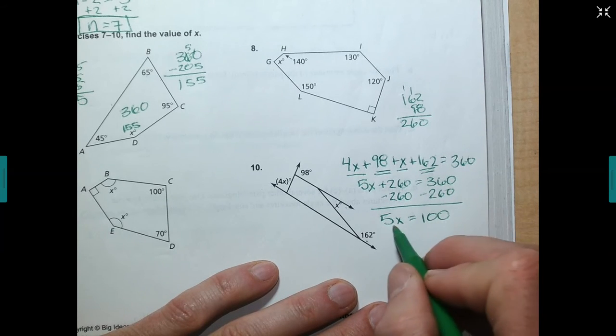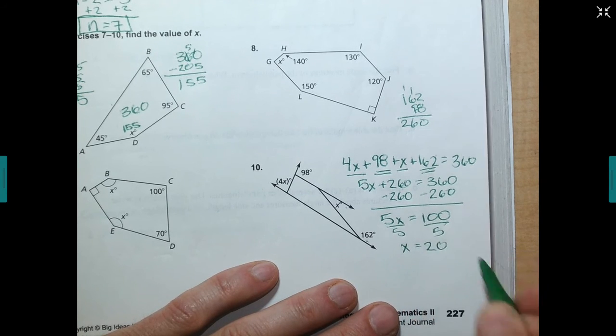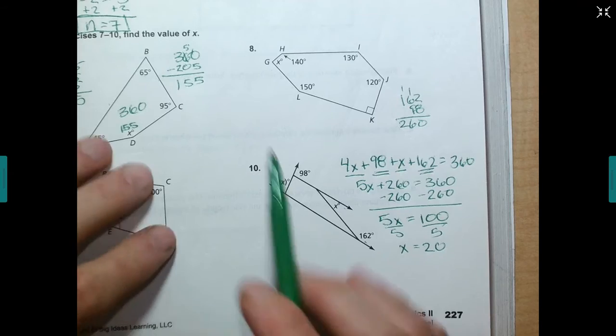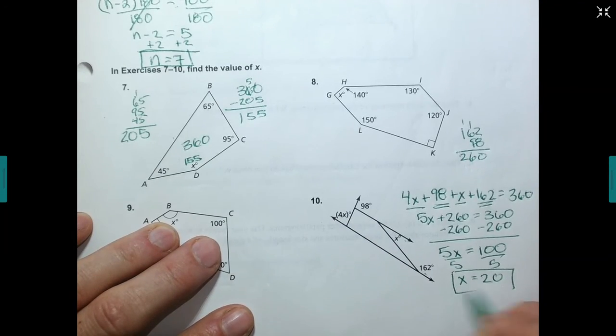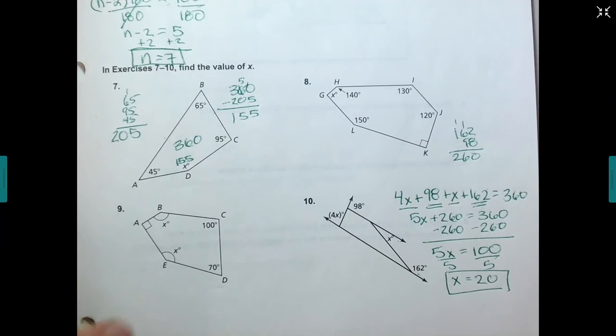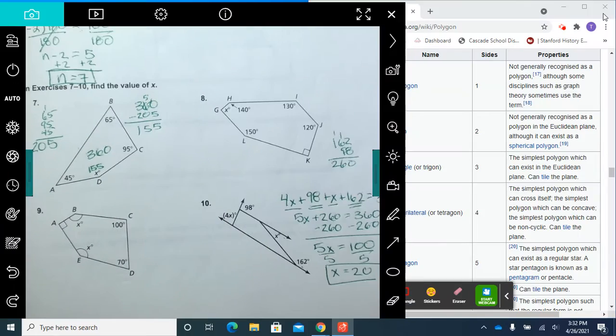Divided by 5, and x equals 20. And that's what we're supposed to do, find the value of x. X equals 20. All right, go ahead and complete that in your student journal, and then head on over and